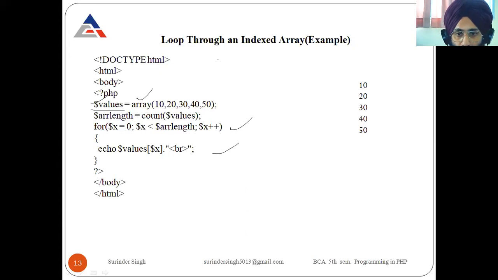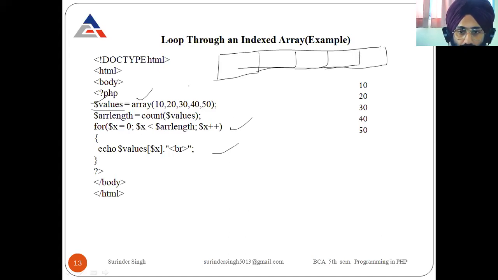Now see, first element, second, third, fourth and fifth. Now 10 is assigned to the first element of this array. I'm not writing the full name here, I'm writing only V. First index, first element. Index values start from 0.